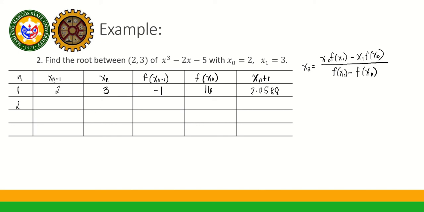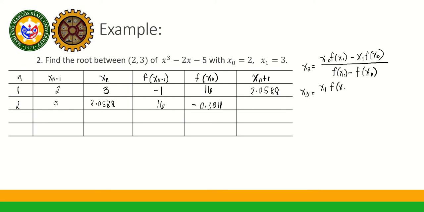Of course, our x sub n minus 1 will be 3. Tapos, x sub n natin will be this one, 2.0588. F of x sub n minus 1 natin is 16. And computing for f of x sub n, plug natin si 2.0588 dito sa equation, you will get negative 0.3911. And solving for x sub 3, that is equal to x sub 1 times the function